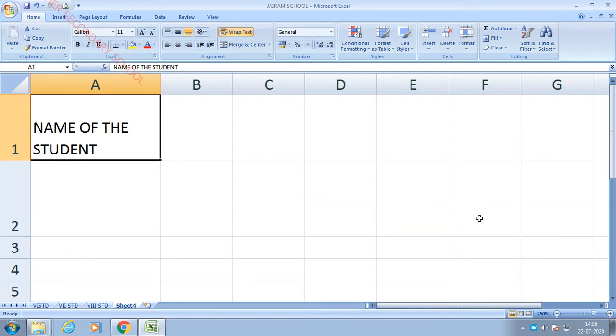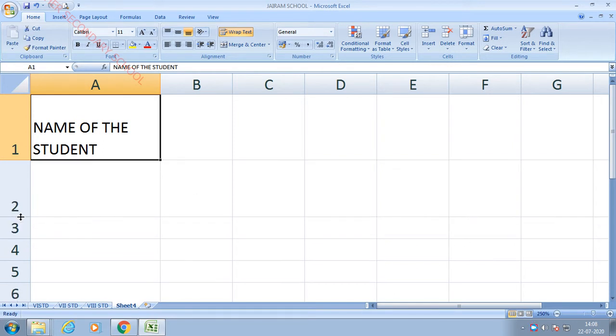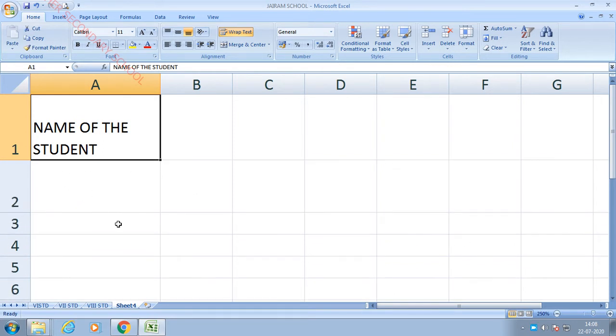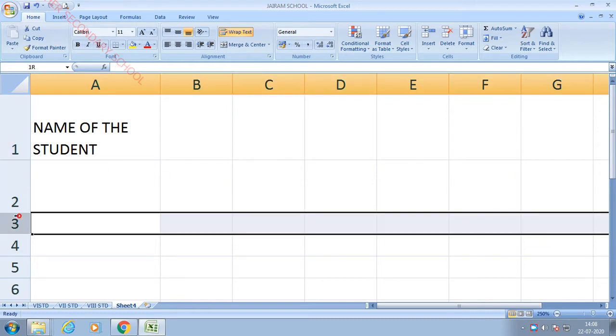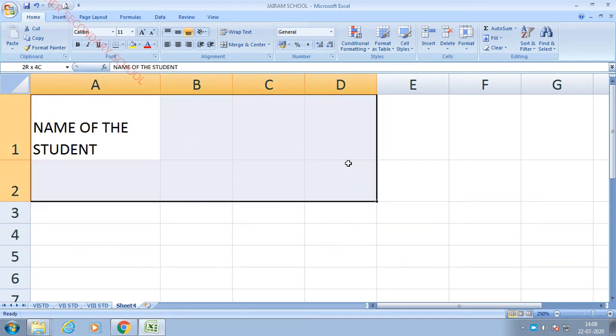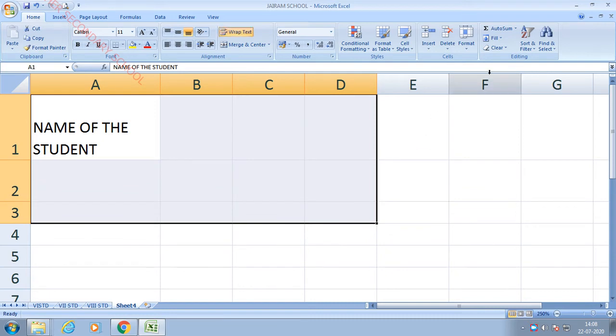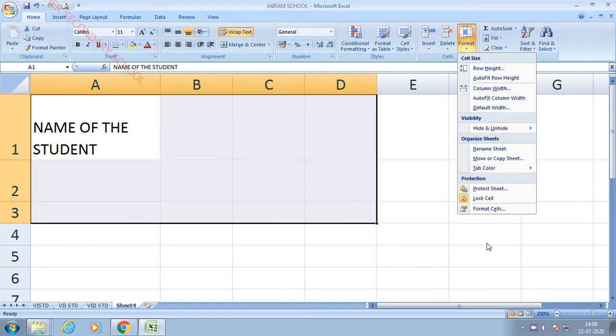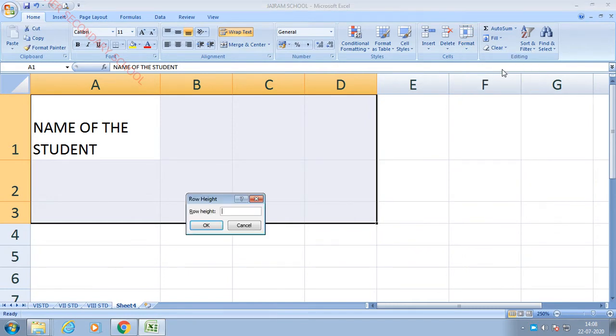If you are doing it like this, one row will have more space, some rows will have less space. So how will you equalize these rows? For that purpose, you have to use the format option. Select whatever rows you are going to format. So I am going to select these 3 rows. Then here we have the format option. Once you click this, it shows the palette. Here you have to select the row height option. In this you have to enter the value as you like. So I am going to give 26.